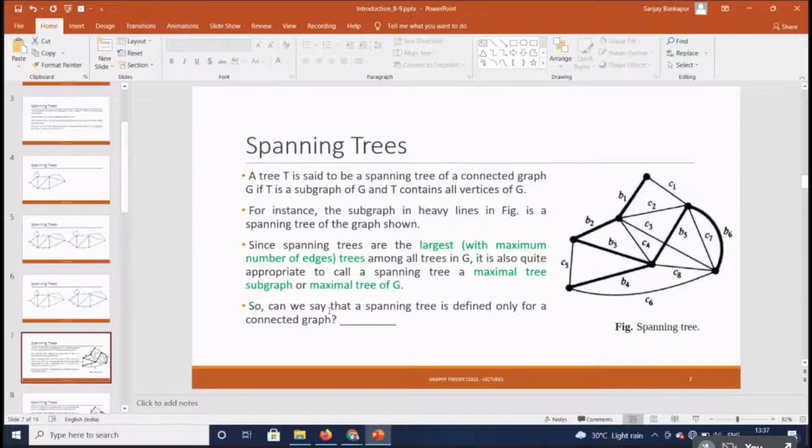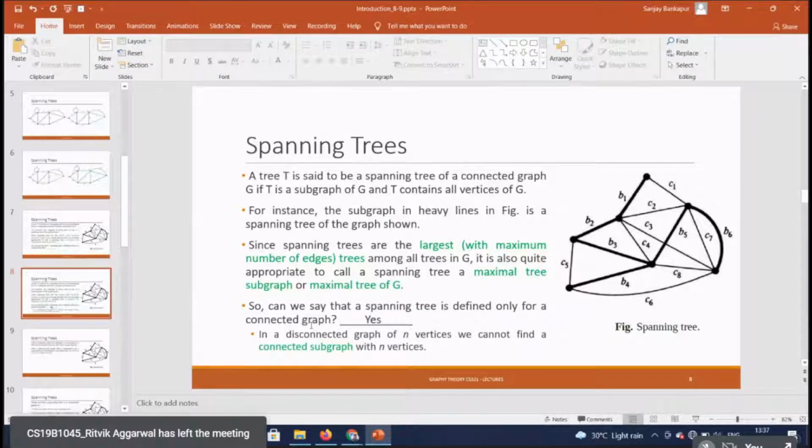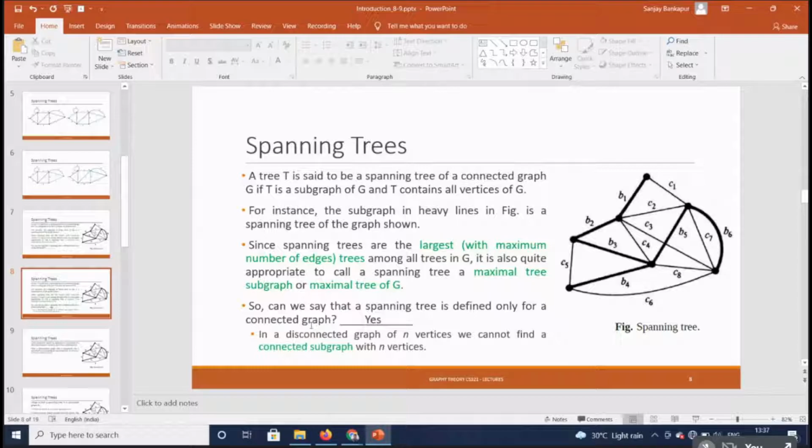Can we say that the spanning tree is defined only for a connected graph? Of course, yes. It is defined only for a connected graph. If there is a graph with 2 components, it's a disconnected graph. As part of the definition of a spanning tree, it should cover all the vertices and be minimally connected. If I want to cover all the vertices from both components, but there is no edge from one component to the other,